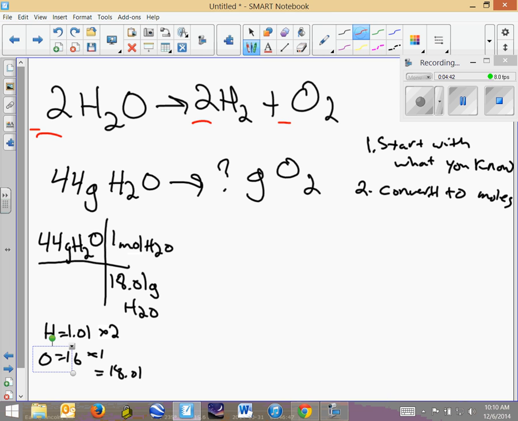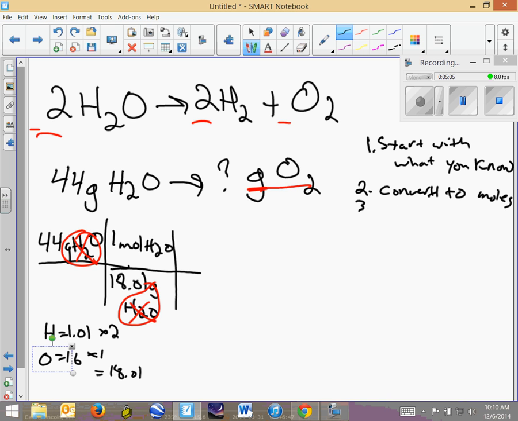Now, look at my labels. I got grams of H2O here and grams of H2O here. These cancel out like I want them to cancel out. Remember, my final label should be grams of O2. That's what I'm shooting for. So I have to keep working until I get to grams of O2. Okay, now that I've converted my grams of H2O to moles,